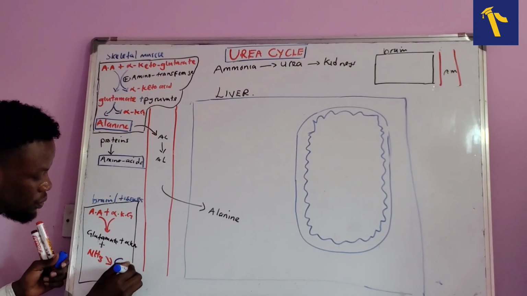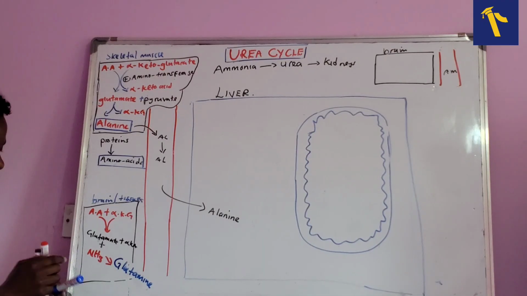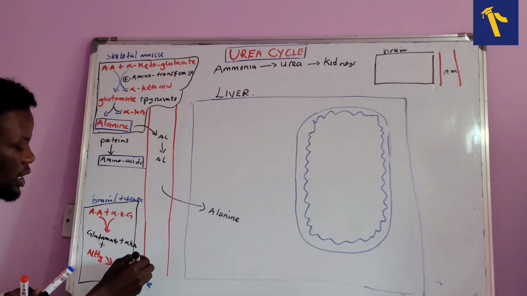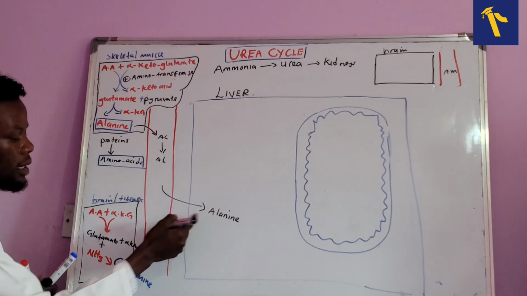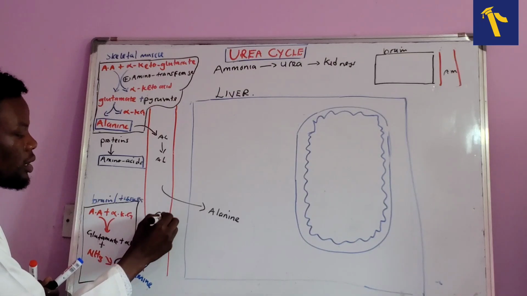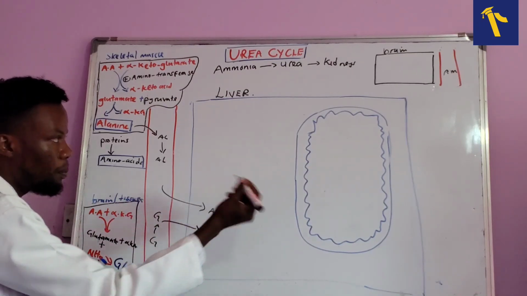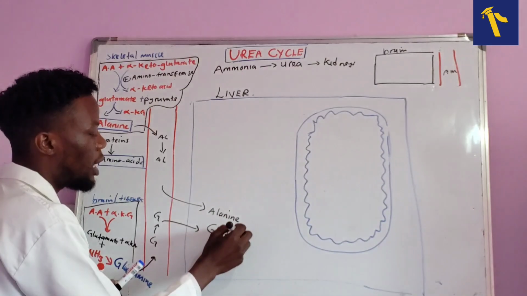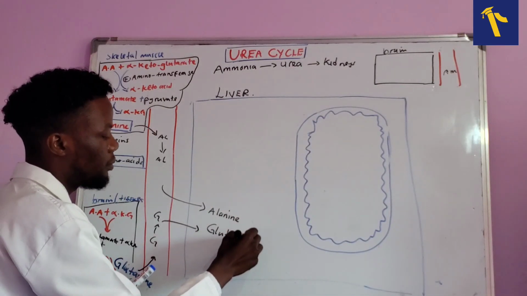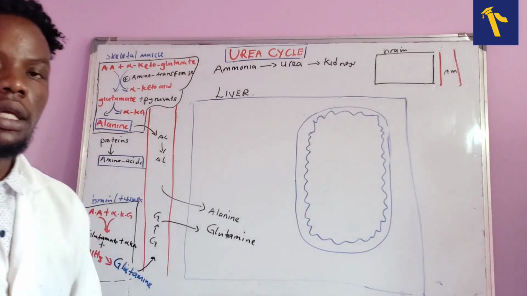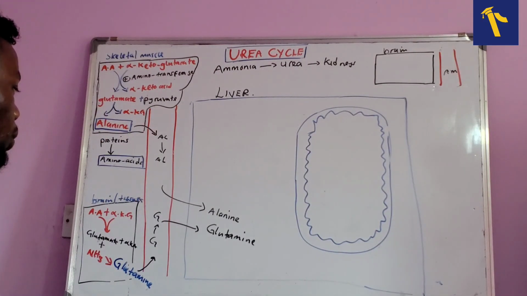So we're going to have what we call glutamine. All right, glutamine. Now, glutamine has that ability to be transported into the blood like alanine. This is glutamine that is coming like that. And it has that ability now to penetrate the liver like alanine. Okay, that's glutamine. It's acting like alanine, right?